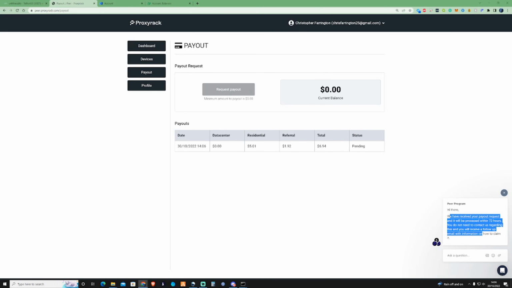Now, I have gone ahead and requested a withdrawal on this exact balance before. This was over a week ago, and they went through some issues and weren't actually able to send the funds to me. So what I'm going to do, guys, is once I actually receive this email, either in 72 hours,